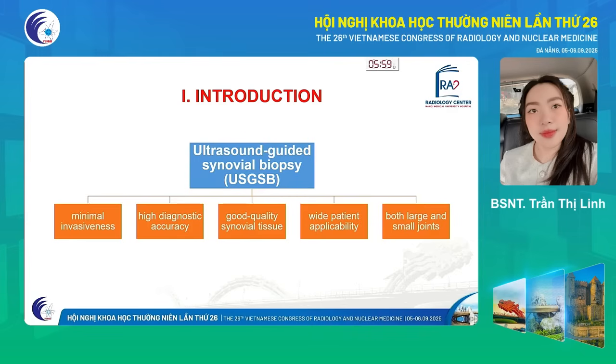Ultrasound-guided synovial biopsy, USGSB, clearly has the most well-balanced profile among synovial biopsy approaches when cost, technical simplicity, patient acceptability, synovial sampling success rate, suitability for large and small joints, and suitability for serial biopsy are considered. Of interest, synovial tissue quality is maintained, and clinical and ultrasound evaluation do not change when repeat USGSB is necessary